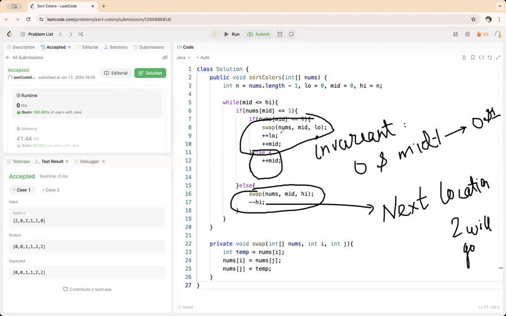And low will be pointing to the next location where 0 will go, where the next 0 will be placed, that is what low is pointing to. And mid will be pointing to the next index where the 1 will go. So please have a clear understanding of this. Then this algorithm is very simple, and you can easily